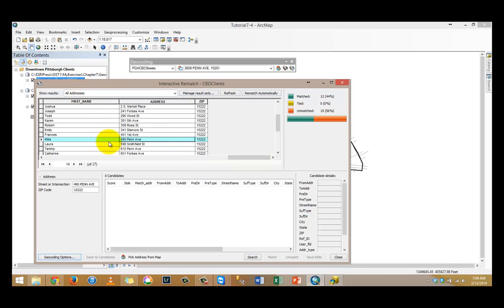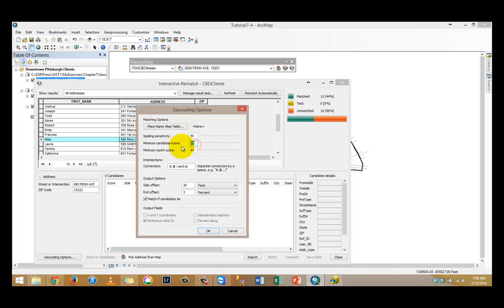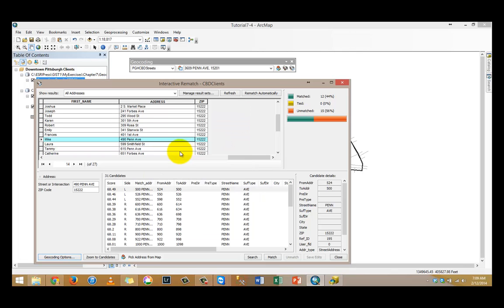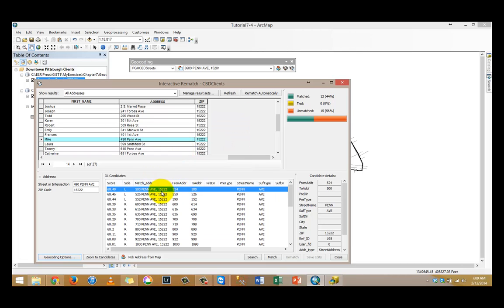So here the issue seems to be we have pretty high standards for matching addresses, so I'm gonna have to adjust that. I'm gonna say minimum score of 10. So now I see that I have a bunch of matches. The 490 is closest. The closest one I could find is 500. So I'm gonna click on that,